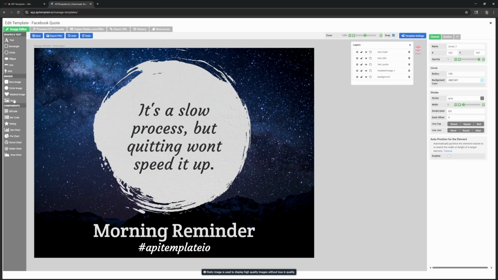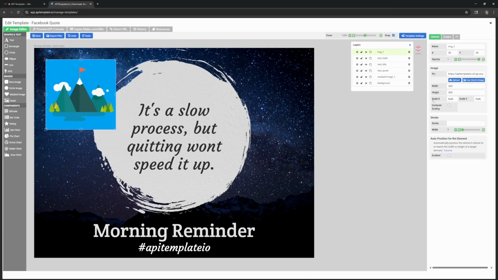If you want to add an image, you can choose one of these rectangular or static images, and then upload an image by clicking here, finding it on your computer, and uploading it. That way it'll always be the same on this template, so you don't need to change it through the API commands. Say you have a profile picture you want to put in here, you could do that. Or if you have a business logo, you could put that on here. Or if you have a specific background you know you're always going to want to use, you can upload that image so you know it's always where you want it, the right color, the right size, everything ready to go.